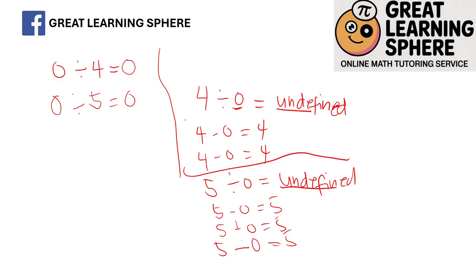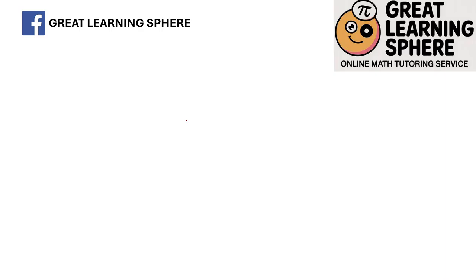The second one is using the division facts, or related division and multiplication facts. For example, you have 63 divided by 7 is equal to 9. Using the equation 63 divided by 7 equals 9, take note, 63 is the dividend. The 7 is the divisor. And the answer in the division is called the quotient. So, if you multiply the quotient and the divisor, you will get the dividend.